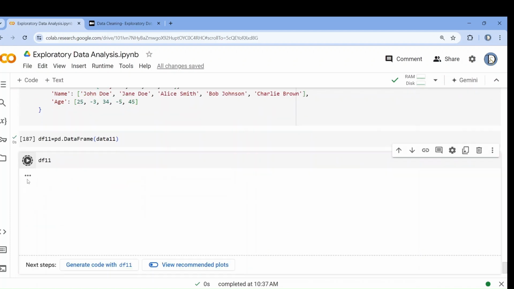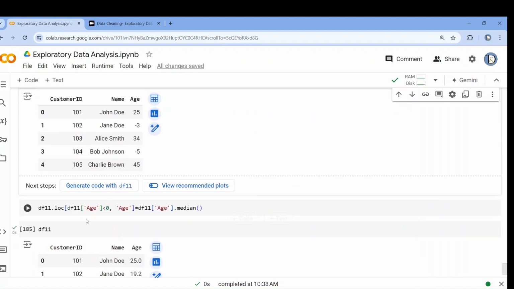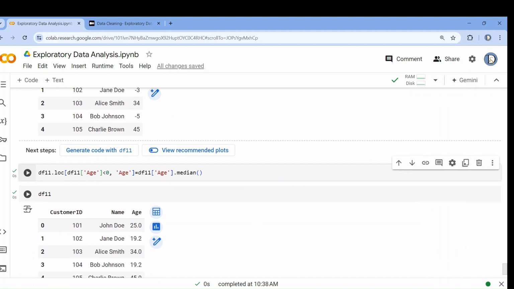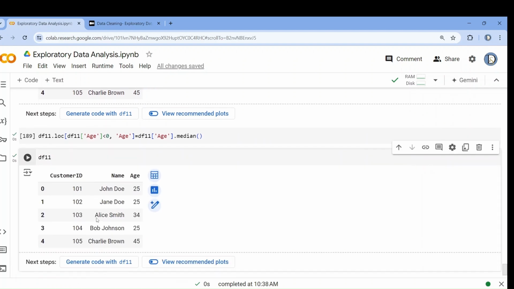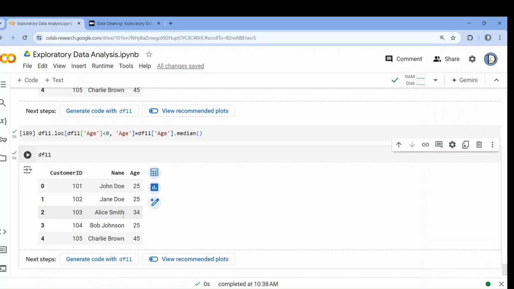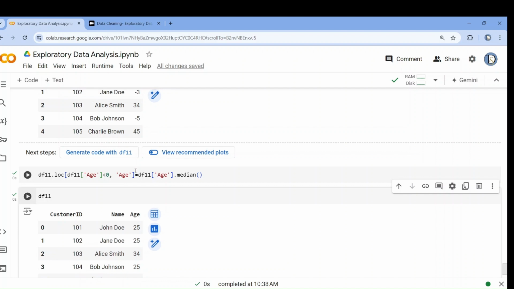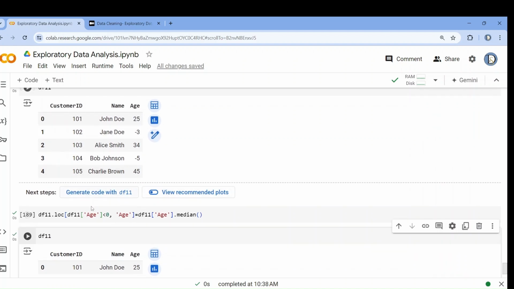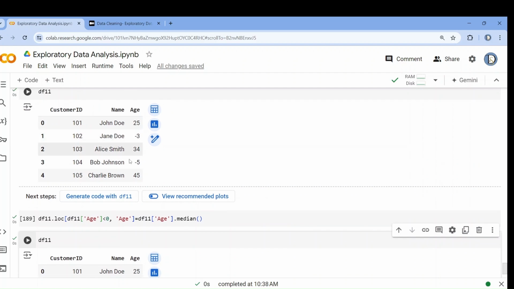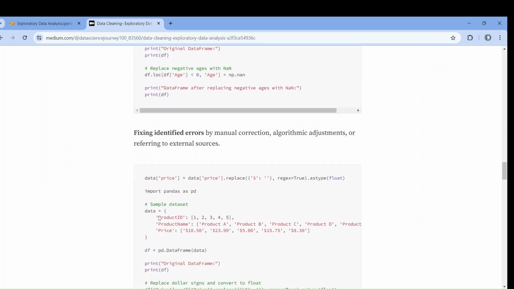Otherwise, it won't be able to find this condition. It will not be able to match this condition. So it will be changed with the median value. You can also change it with the mode value. As per your wish, you can simply change it, because here you can see that these values are not possible. So either you have to create a NaN category, or you have to change it with mean, median, mode, or any particular value. Now next one is